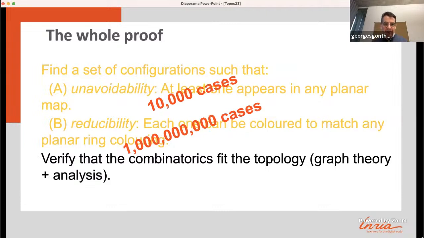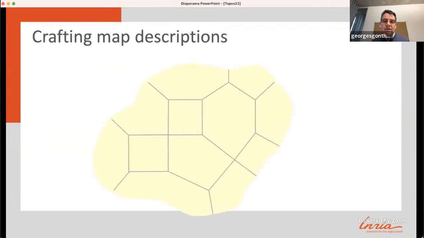And this was very apparent in the four-color proof, because the key notion of the four-color proof is the notion of a map. The traditional description of a map is to say, oh, well, we have this picture where we've got lines connecting dots together, edges connecting dots together. So nodes, edges, that's obviously a graph. But then to make it planar, you have to explain that there's an embedding into the real plane, and